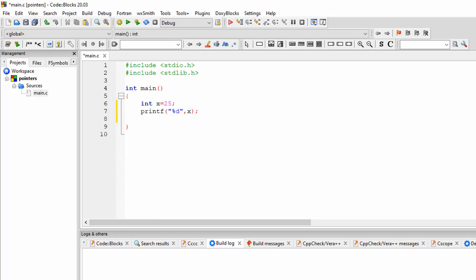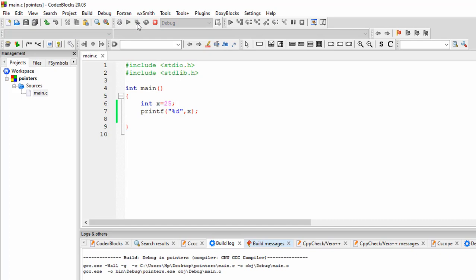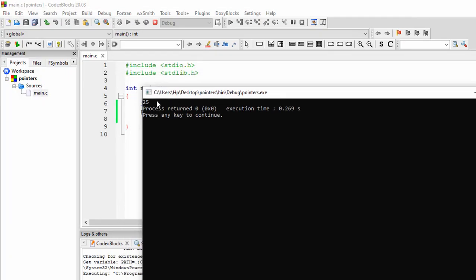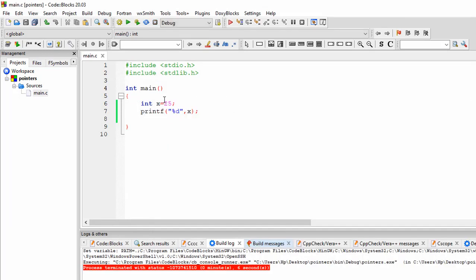It will simply give me the result 25, as we have done in past tutorials also. This is simply printing this 25 with the help of this integer variable.